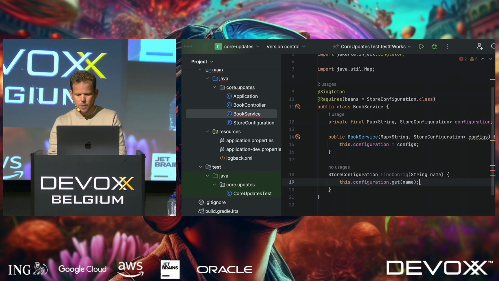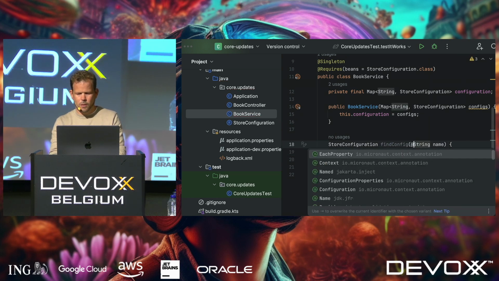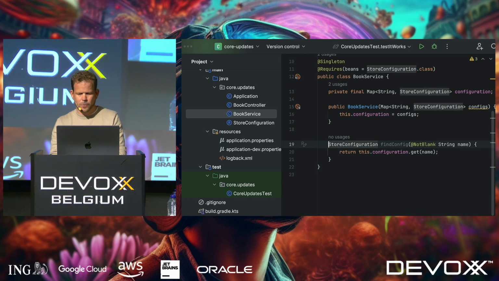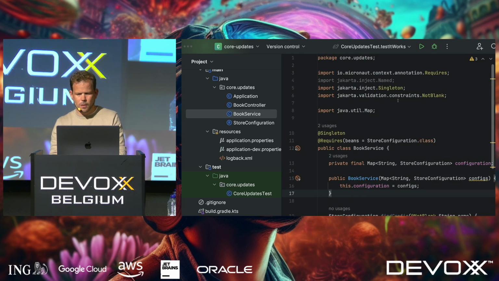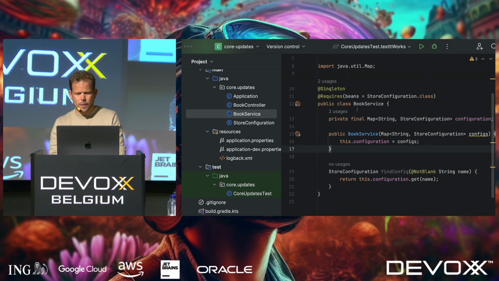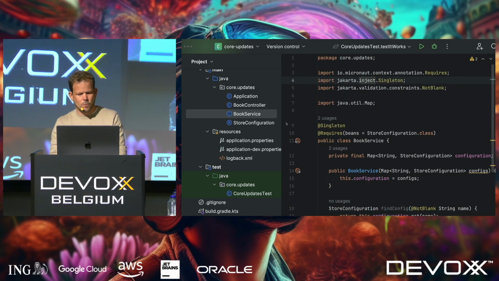For the moment, you can basically annotate methods not blank, right? And have that validated, and that's been a feature. But now these are Jakarta validation annotations, as you can see. And in order to upgrade to Bean Validation 3, we